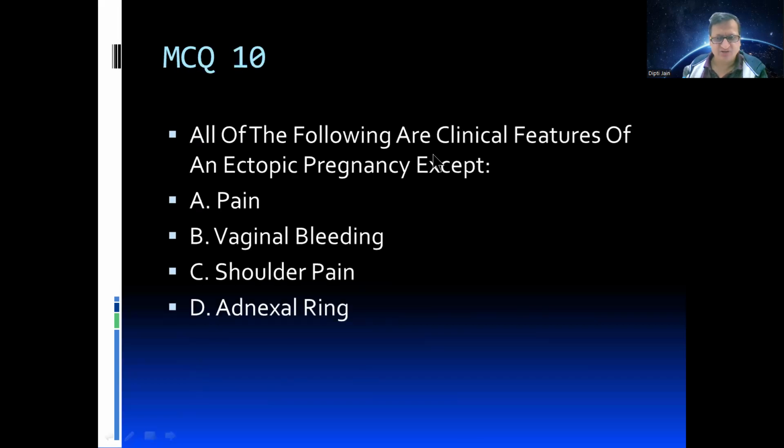All of the following are clinical features of an ectopic pregnancy except which? The clinical features of ectopic pregnancy are pain, vaginal bleeding, shoulder pain, and adnexal ring. The question is asking for the clinical feature. Pain, vaginal bleeding, and shoulder pain are clinical features. Adnexal ring is an ultrasound feature. So the answer is D,